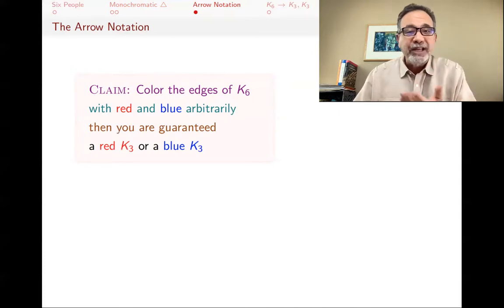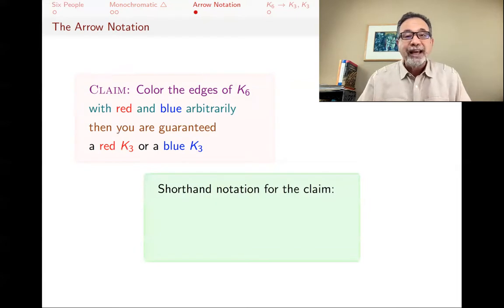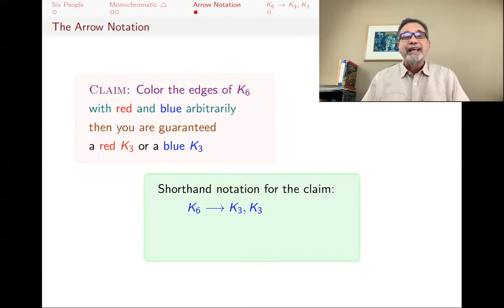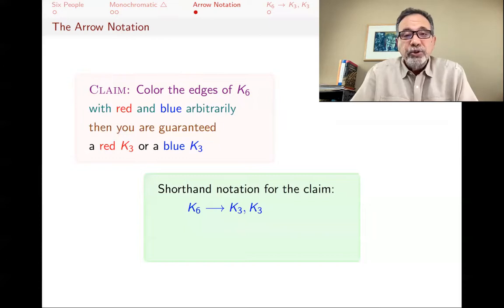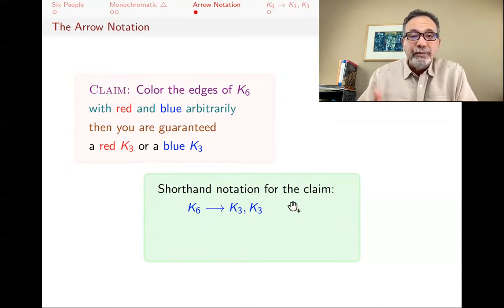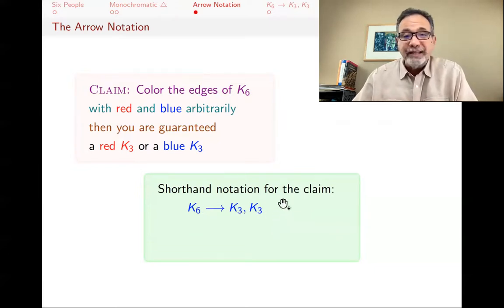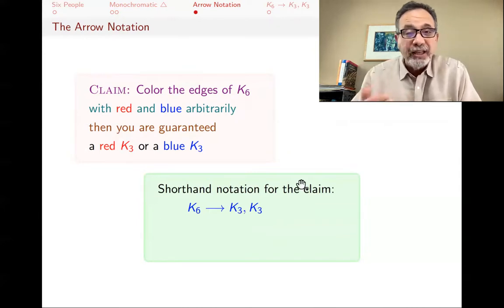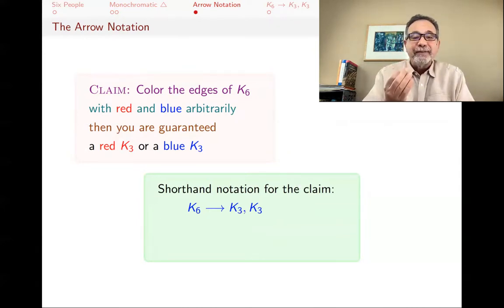But instead of having to say that over and over again, I want to introduce a mathematical notation that says this claim. The shorthand notation for this claim is that K6 arrows to K3 or K3. So I'll write K6 arrows to K3 or K3. Now, this is a statement that may be true, may be false, but what it says is this: K6 arrows K3 comma K3, that's the way I read it, K6 arrows to K3 or K3, means